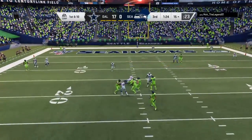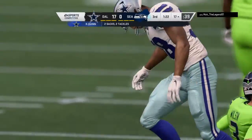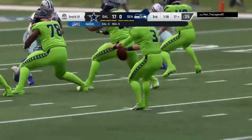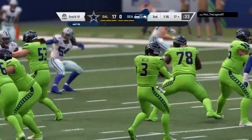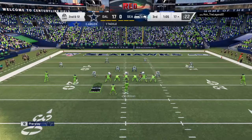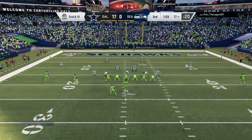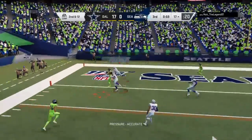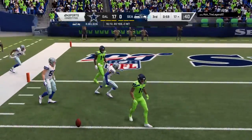Now Wilson. And he's going to go down. Sacked right around the 17. Robert Quinn picks up his second sack of the afternoon. Brandon, I think you understand the type of afternoon this offensive line is having. It is a long one for them. Long for you to spend it with me. Long for them trying to block those guys. They've given up a whole lot of sacks, and the speed and quickness of that defensive line is eating them